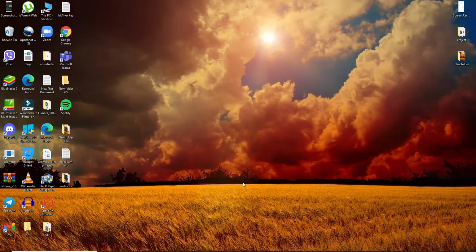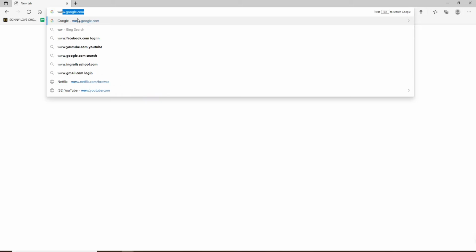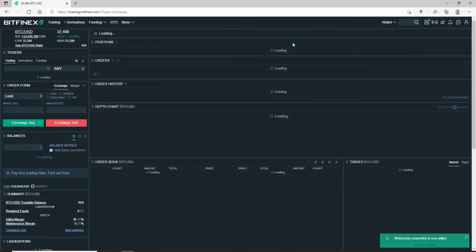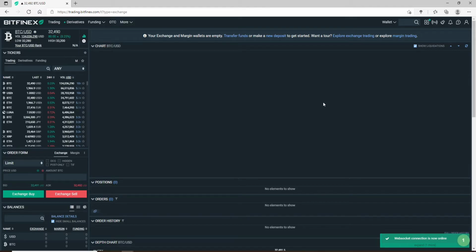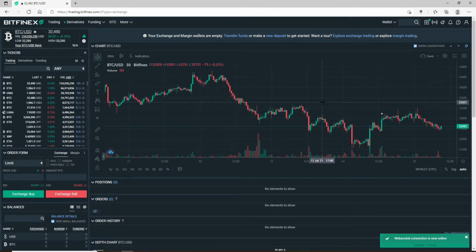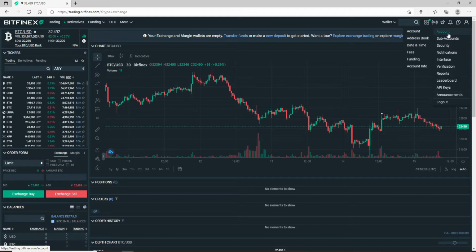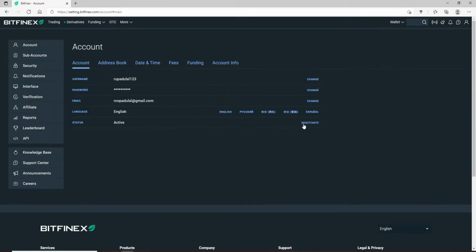In order to delete your Bitfinex account, click open a web browser first. In the search box, type in www.bitfinex.com and press enter on your keyboard. Log into your Bitfinex account if necessary, and once you are, go and click on your profile image at the top right corner. Click on account from the drop down, and at the bottom of the page, you'll be able